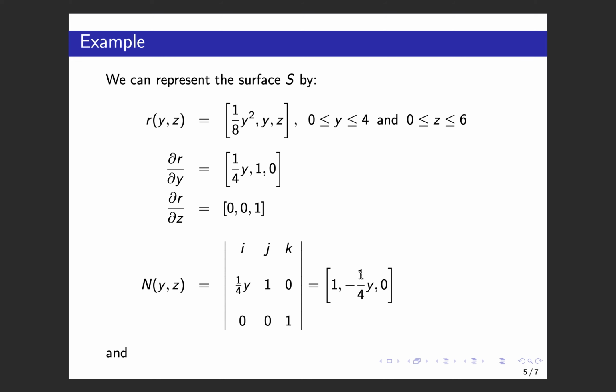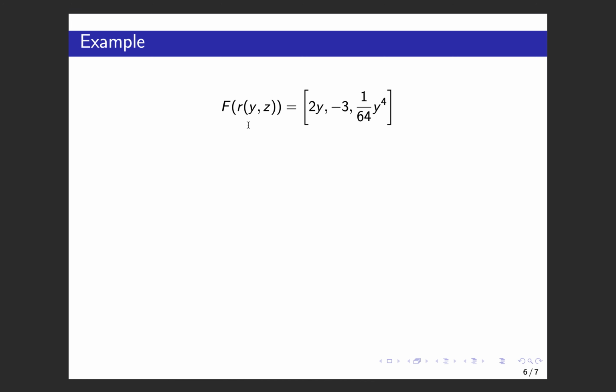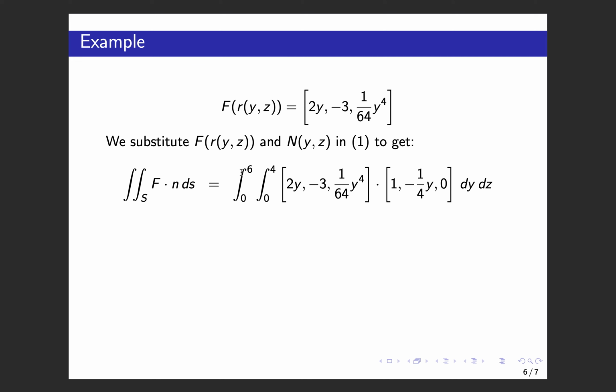We get 1, minus 1 over 4y, 0, and then we evaluate the vector field at the parametric representation to get 2y minus 3, 1 over 64 y to the fourth. So then we substitute everything into the first equation, number 1, to get the double integral over S